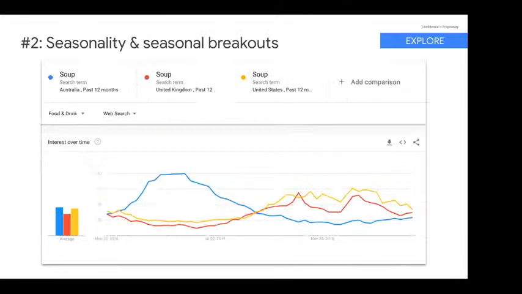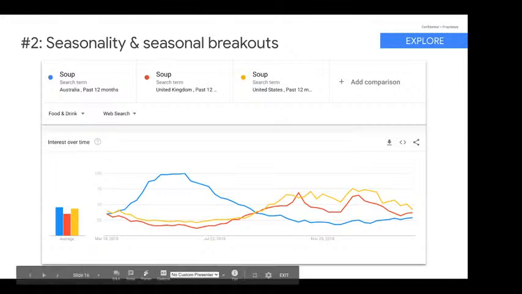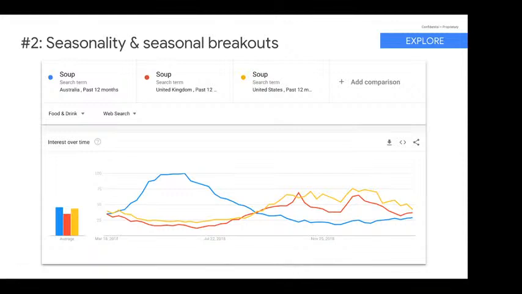The second one is seasonality and seasonal breakouts. So I added a super simple example here, but basically if you are in an industry and if you want to understand how the seasonality has been developing or changing, that's exactly the thing that you can use. So here we have yearly data for 3 countries for a term soup. Naturally, soup is a dish that rises up during the colder months, and we clearly see that in Australia, that is when we have summer here in the northern hemisphere, whereas it's a completely different kind of development for countries